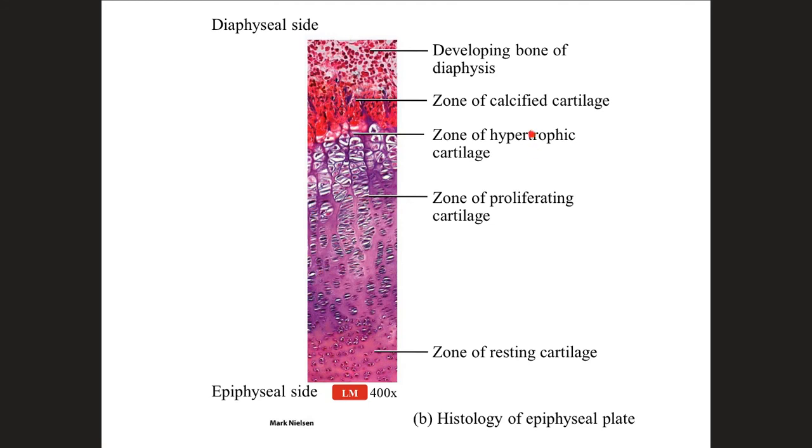As we move down, we get into the zone of hypertrophic cartilage. And this is going to be where the chondrocytes are maturing. So you can see how they're smaller in the zone of proliferating, but then as we get into the zone of hypertrophic cartilage, hypertrophic, they are getting bigger. Finally, we have the zone of calcified cartilage, and this is going to be